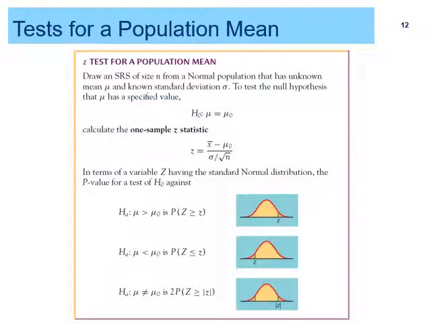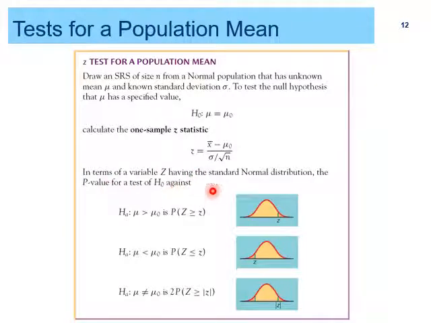So here is the z test for a population mean. As we can see, draw an SRS of size n from a normal population that has unknown mean mu and known standard deviation sigma, to test the null hypothesis that mu has a specified value. Calculate the one-sample z statistic. So z is equal to x bar minus mu naught, divided by sigma over root n. And in terms of a variable Z having the standard normal distribution, the p-value of a test of H naught against